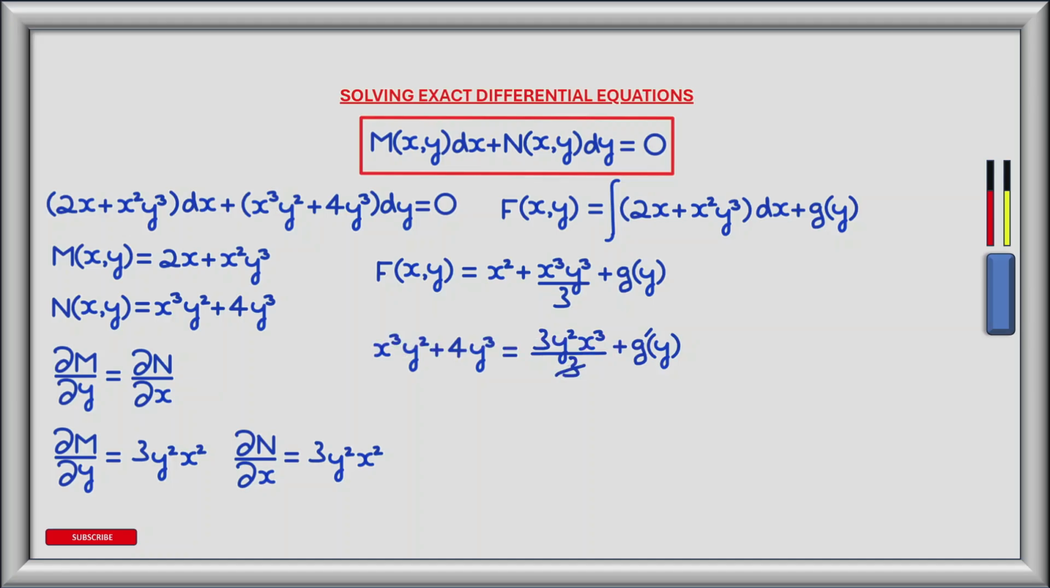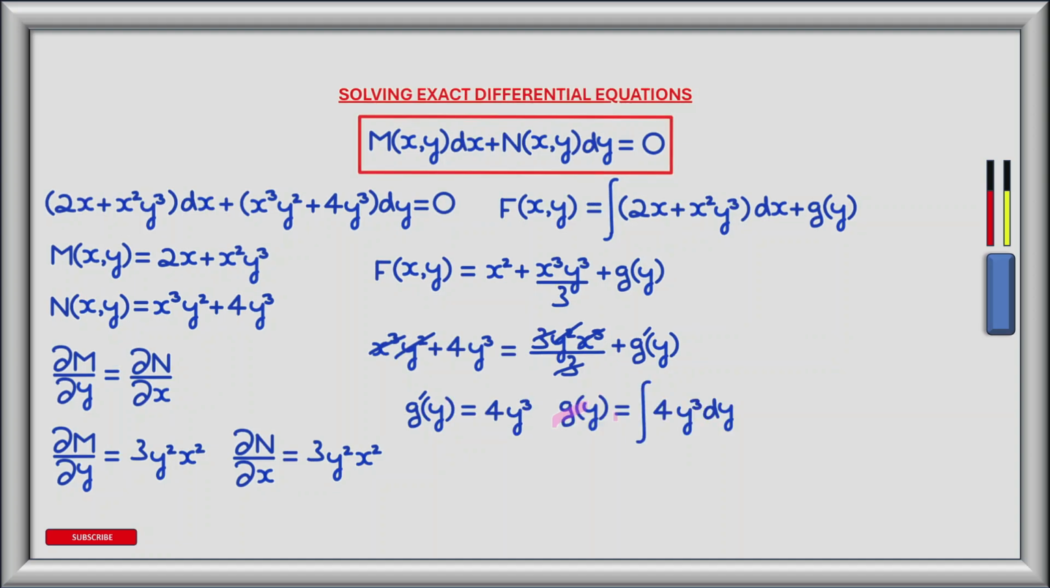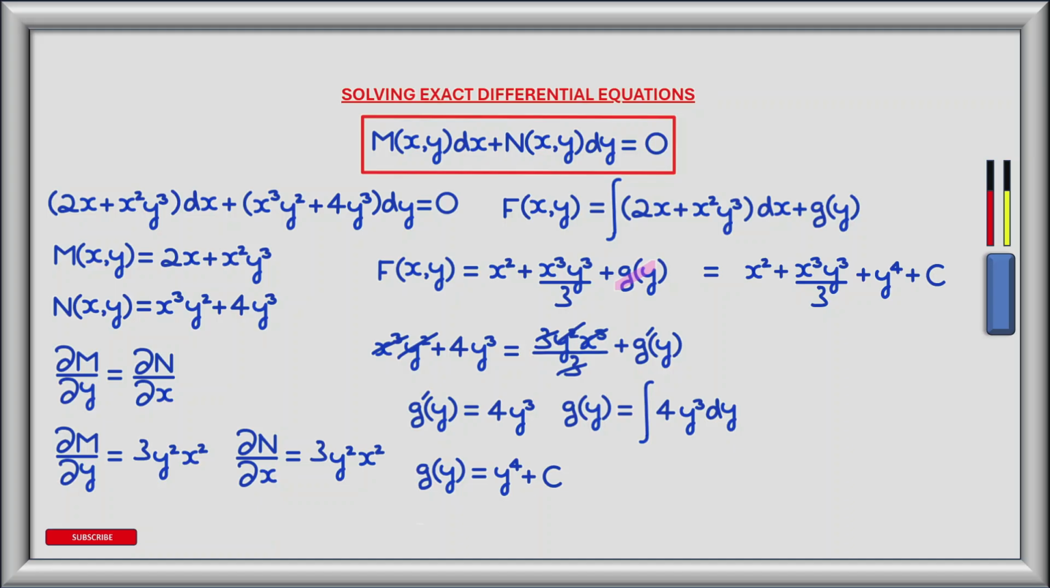And we see the 3's cancel, and the y²x³ cancels with the y²x³, and this leaves g' is equal to 4y³. And so g is equal to the integral of 4y³ dy. And evaluating the integral, we see that g is equal to y⁴ plus a constant c. And now if we plug function g in here, we find that our potential function f is equal to